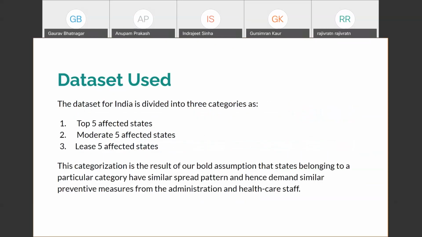So we divided the dataset for India into three categories: the top five affected states, the moderately five affected states, and the least five affected states. We did this on an assumption that the curve for top five affected states will be different from the rest of the country,